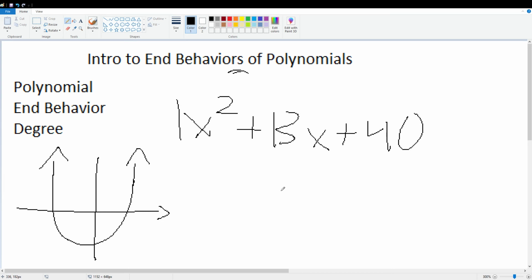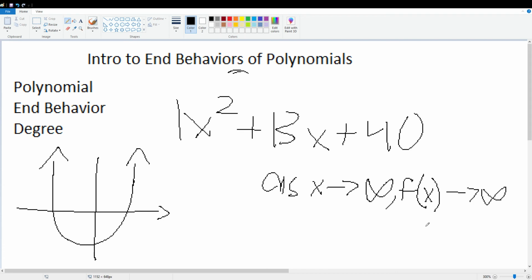So to write this would look like: as x approaches positive infinity, f of x will approach also positive infinity. And then the same, you also have to write it again, as x approaches negative infinity this time, f of x will also approach